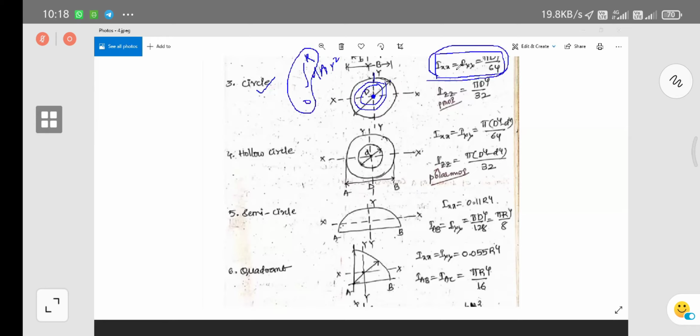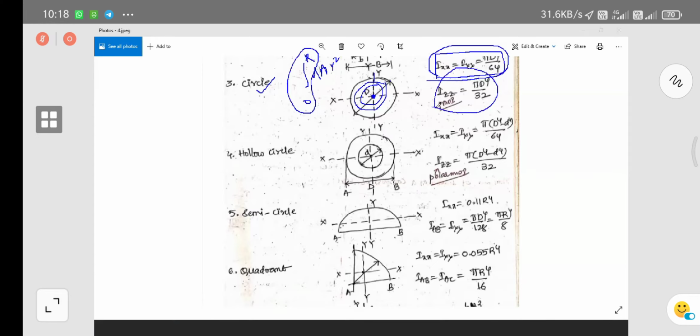So why do we get the same moment of inertia for Ixx and Iyy? It means the circle is symmetrical about any axis. Whatever the figure is, it is symmetrical about any axis, so whether x axis or y axis, you are going to get the same amount of area, a semicircle only. That's why we find the moment of inertia for the two central axes as Ixx = Iyy = πD⁴ by 64. But what about the perpendicular axis?